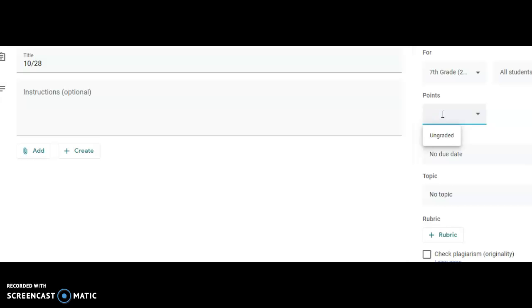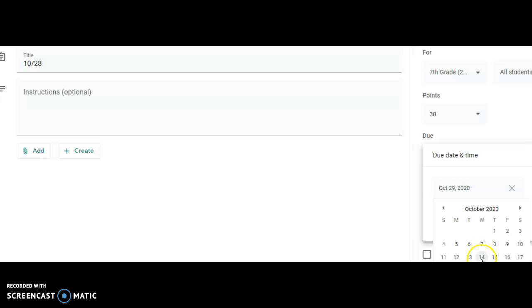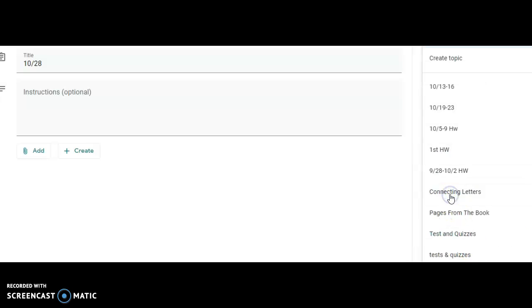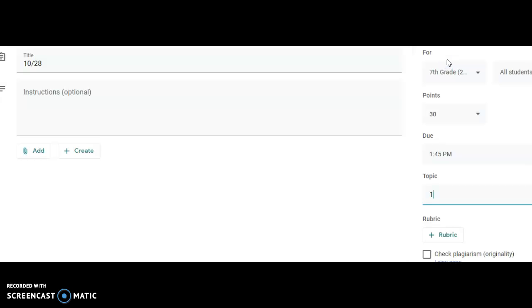I'm going to leave this. I'm going to change it later on. For now, I'm just going to put 30, and it's going to be due today in class time. This period begins at 1:07 and finishes at 1:45. So 1:45. You can leave. You don't have to stay. But make sure to submit it in class at 1:45 p.m. today. And the topic is going to be for